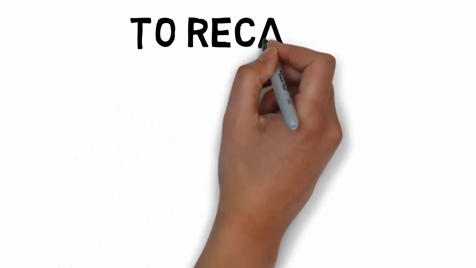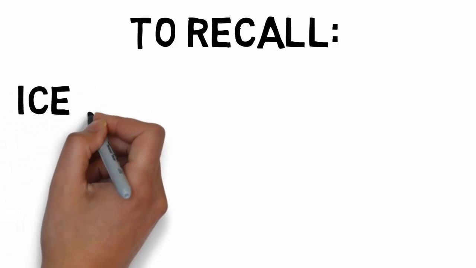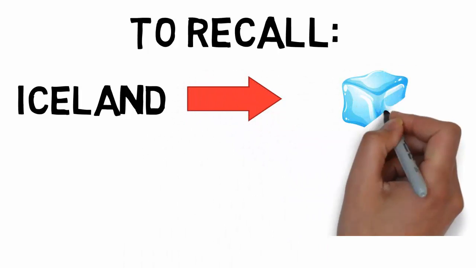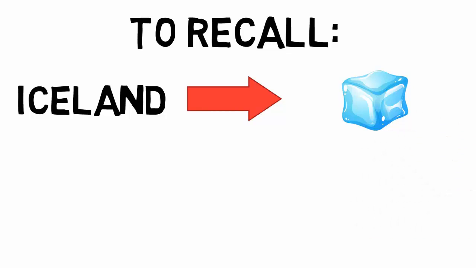Now let's talk about how to recall the information. So there's two ways to recall the information. Either you're given the country's name, you have to identify it on the map, or you're given the country's landmass and you have to identify that landmass. And so let's talk about the first one. Say you're given the name of the country, Iceland. So what should happen is you'll be like, Iceland, oh yeah, ice cube. So you should think of the image for the country's name.